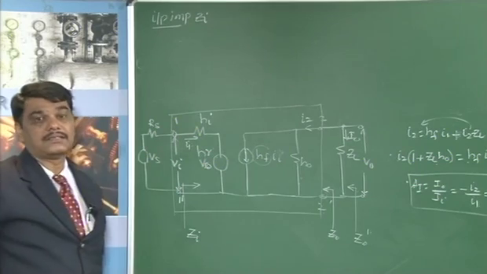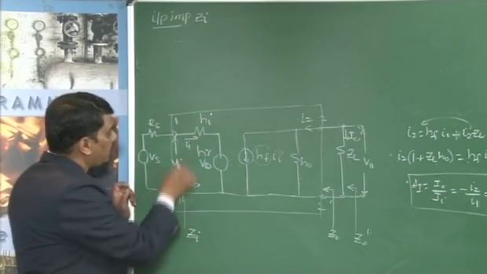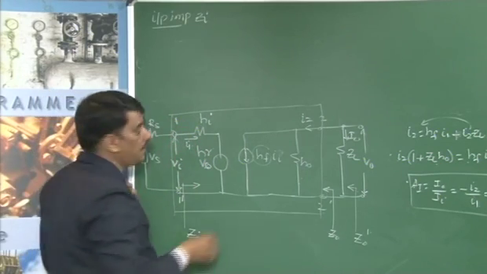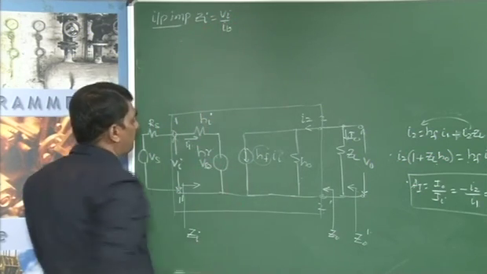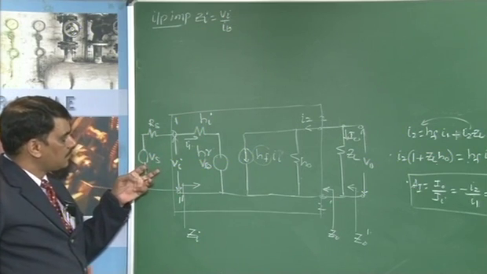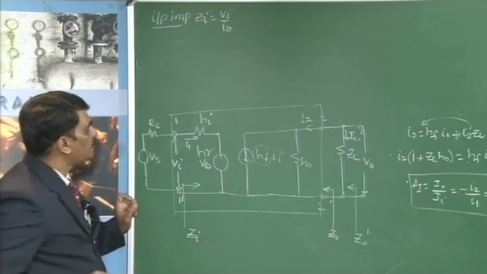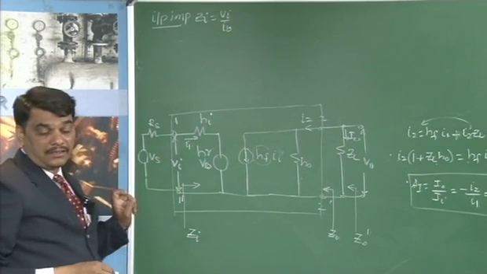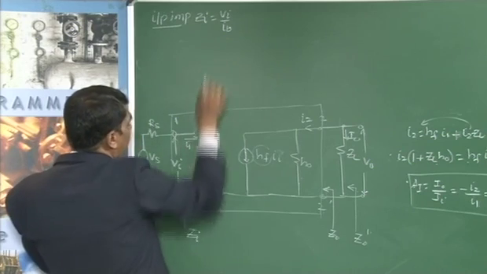Input impedance Zi is defined by looking into the terminals 1, 1 dash. Hence, Zi is equal to Vi by I1, where the source voltage Vs has an internal resistance Rs. At this moment, we are assuming that Rs is 0. Therefore, Zi is equal to Vi by I1. For this, looking into 1, 1 dash, we have to find this ratio, applying